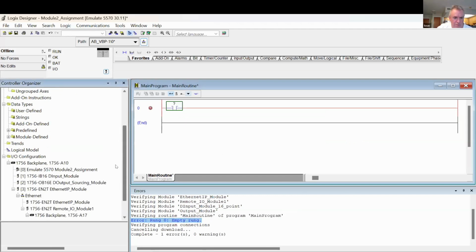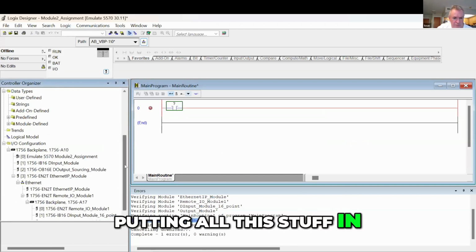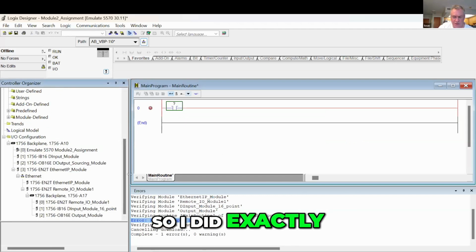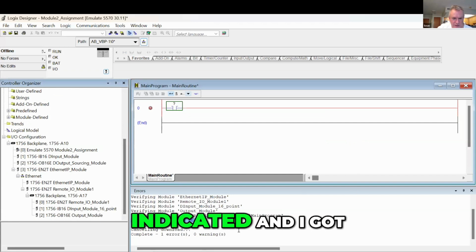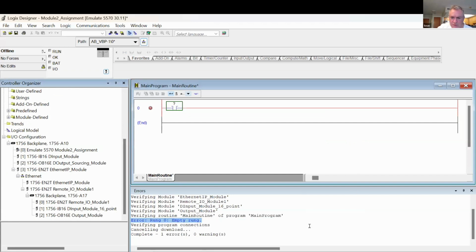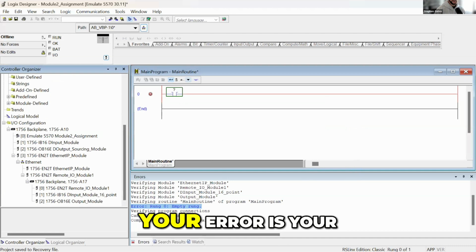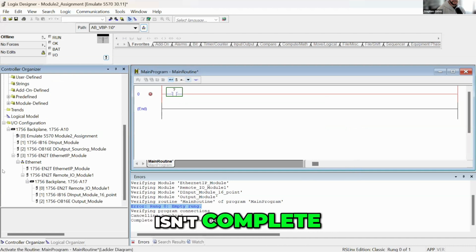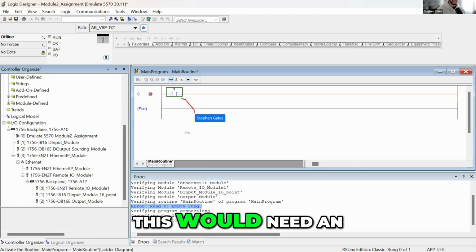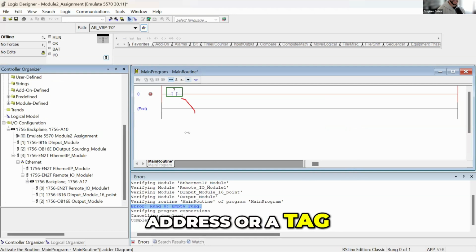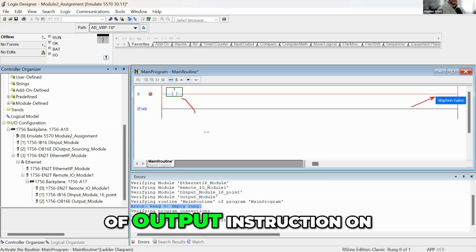So when I was putting all this stuff in, I did exactly as the instructions indicated, and I got this error: rung missing. Maybe I did it wrong. Your error is your rung isn't complete. So this would need an address or a tag, and then you would also need some sort of output instruction